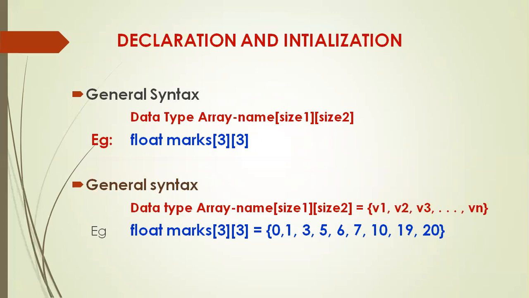We store like this because in C language, the subscript value starts from 0. The row number starts from 0 and the column number also starts from 0. In this example, the number of rows is 3, so the row number will be 0, 1, 2. Since the number of columns is also 3, the column number will also be from 0 to 2 only. If the matrix is marks[5][4], there are 5 rows and 4 columns, meaning the first subscript value will be from 0 to 4, and the second subscript value will be from 0 to 3.